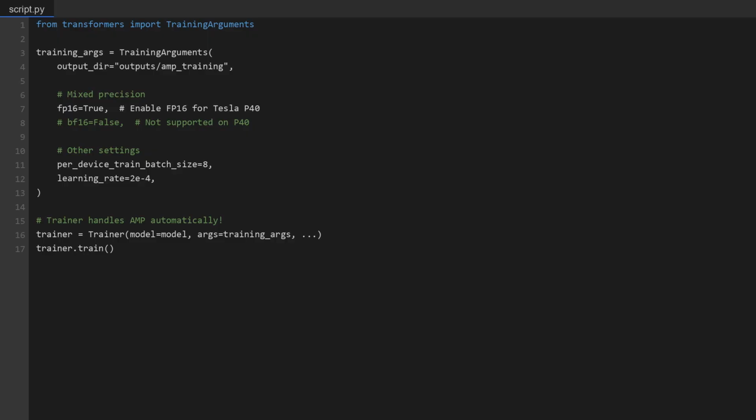Enabling mixed precision in the Transformers trainer is a single argument. Set fp16 to true inside your training arguments. The output_dir tells the trainer where to save checkpoints and logs. The per_device_train_batch_size controls how many samples hit the GPU at once. This directly affects both memory usage and training throughput. The learning_rate of 2e-4 is a solid